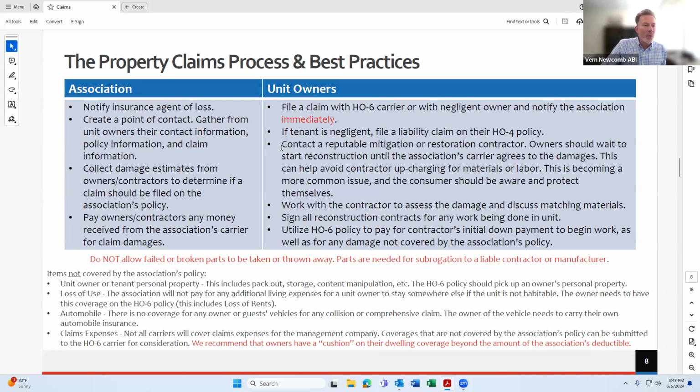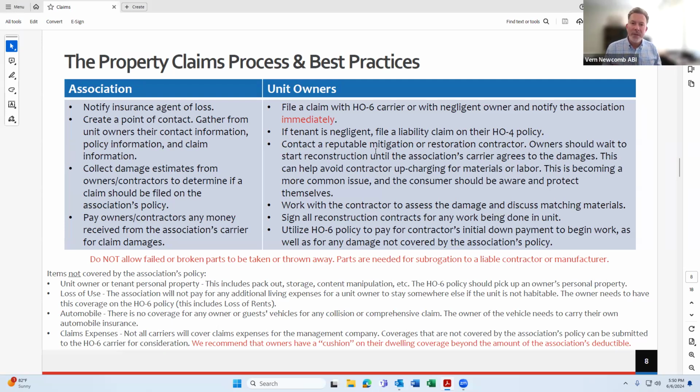And the owner wants to wait to start reconstruction until the association's carrier agrees to the damage. So you file a claim, it's going to be $100,000. There's a $50,000 deductible. The carrier is going to come out and wants to investigate and get a bid on what that claim is. If the unit owner goes ahead and signs up with the contractor and starts getting repairs done, that contractor, especially if it's not a vetted contractor,